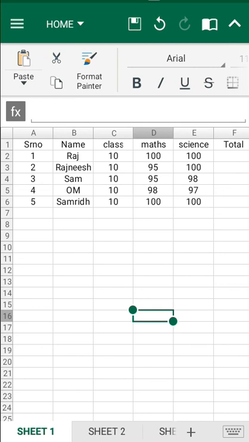An important thing in Excel is that if I highlight Raj, it will be highlighted in a box that is called the address bar, where I'll get the entire record. A, B, C, D, E is where I'll be entering the information.